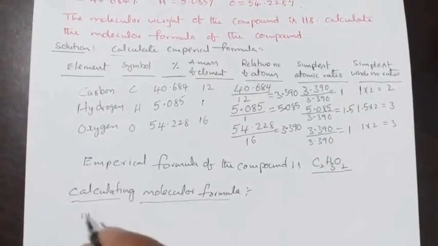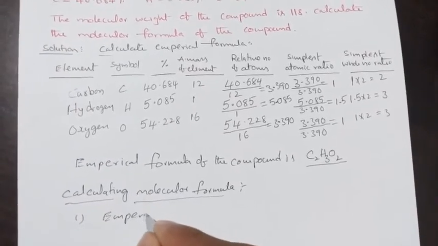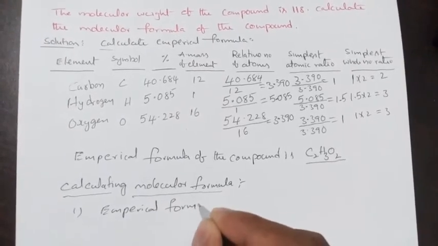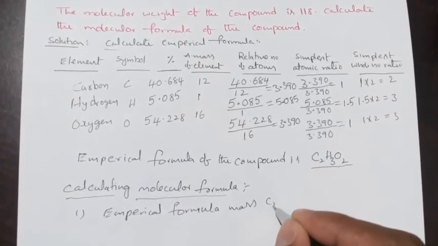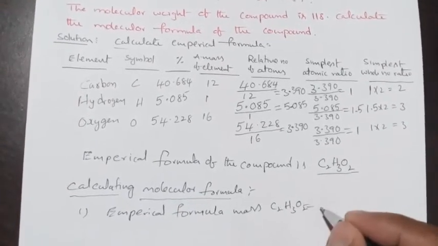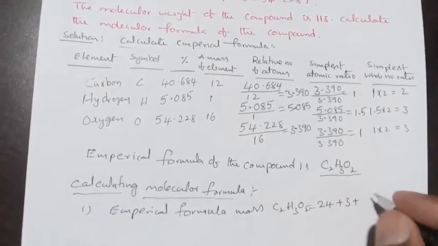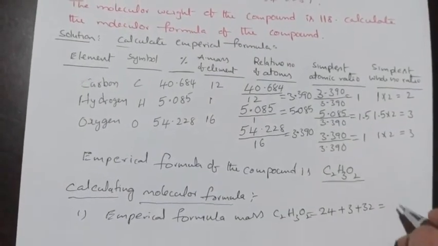Step 1: empirical formula mass, that is C2H3O2, equals 24 plus 3 plus 32, that will be